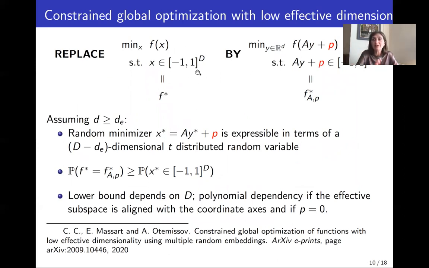Assume without loss of generality that we are in [-1, 1], so a box centered around the origin. Then we transform the problem when we project it into a problem that is linearly constrained in the reduced subspace Y. So now we solve with respect to Y, but we have big D linear constraints in Y. We were able in this case to again quantify the properties of the reduced minimizer Y in a probabilistic sense and to bound the probability of success of this reduced problem.